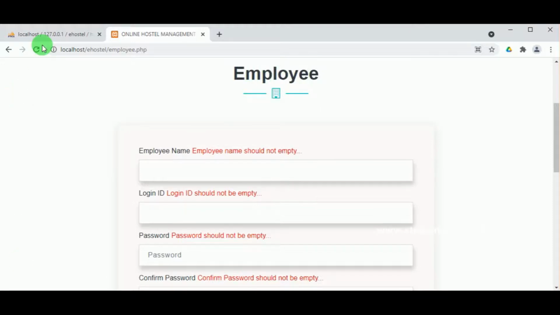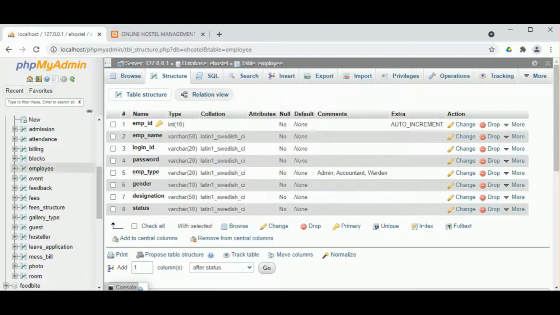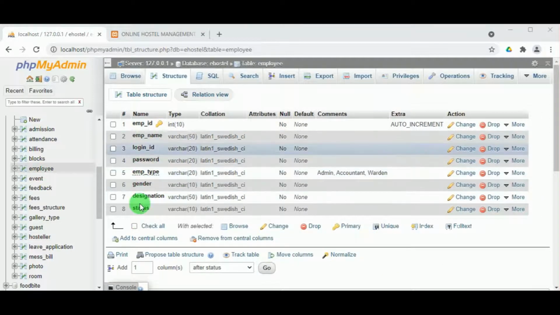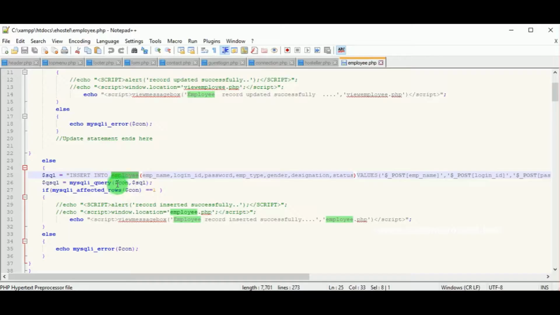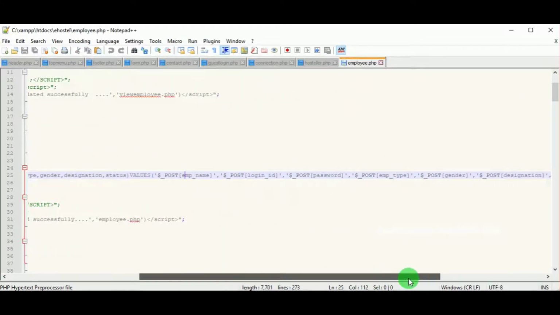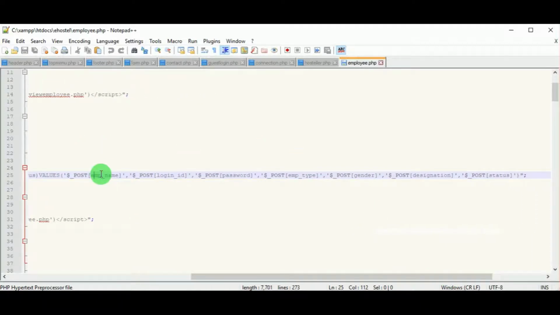So you can see the table employee, and these are the fields: employee id, employee name, login id, password, employee type, gender, designation, and status. You can see insert into employee, which is the table name, followed by all the fields, then values. This is how the insert query must be written. After values, in the round bracket, write inside the post the names of all the fields.